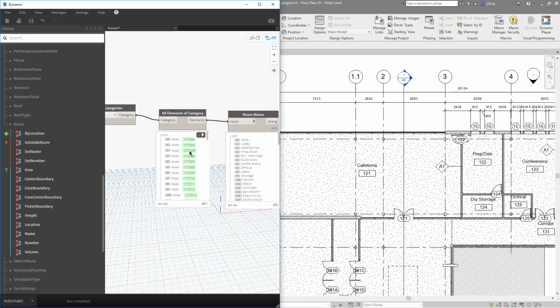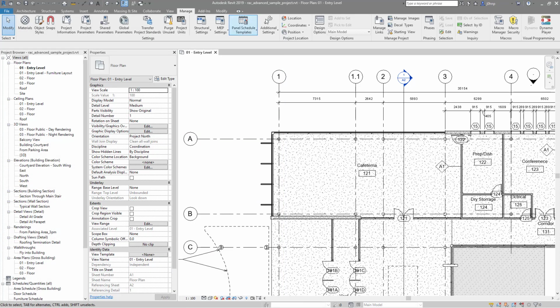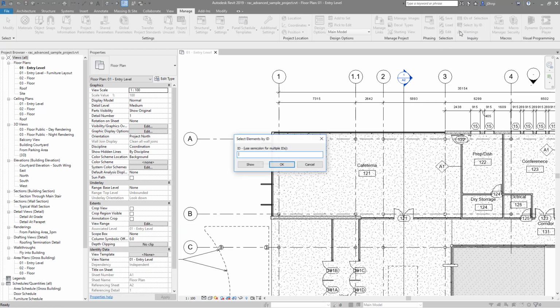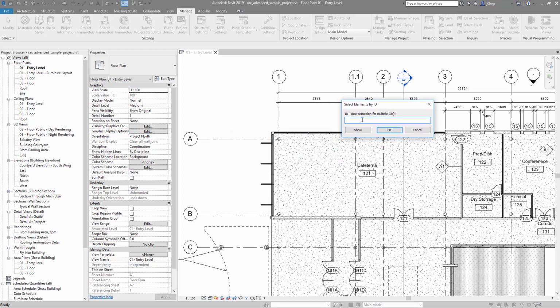In Revit, all elements have an element ID, and these can be thought of as almost like a phone number of sorts for that element. If we need to interact with these elements, obtaining them with their element ID is a fairly safe operation. As you can see, we have element IDs in the output of the All Elements of Category node. In Revit, if we navigate to the Manage tab, we can navigate to the Inquiry panel and actually select elements by that element ID as well. When you click on Select by Element ID, you can type in an element ID and manually select it in Revit. We need to mimic this interaction in Dynamo just to make sure we're working with the correct elements,